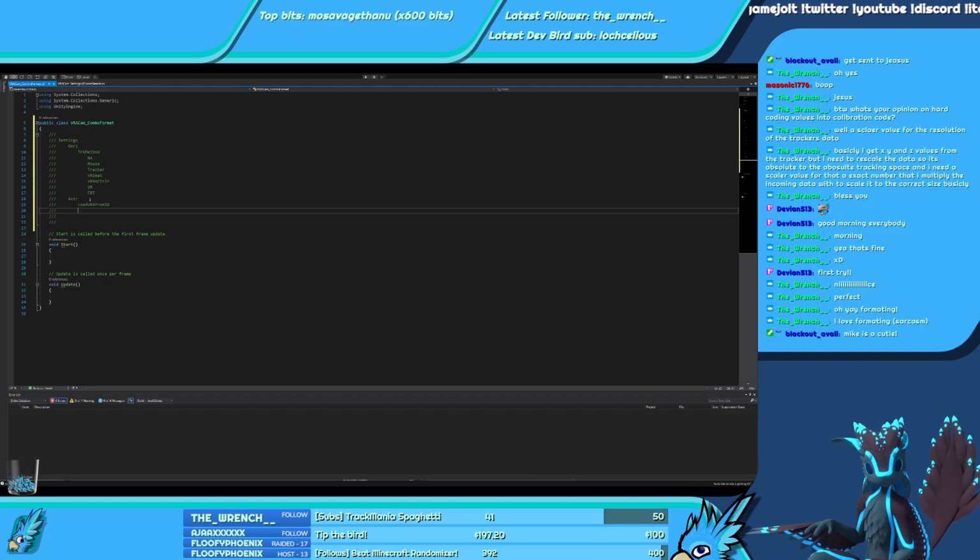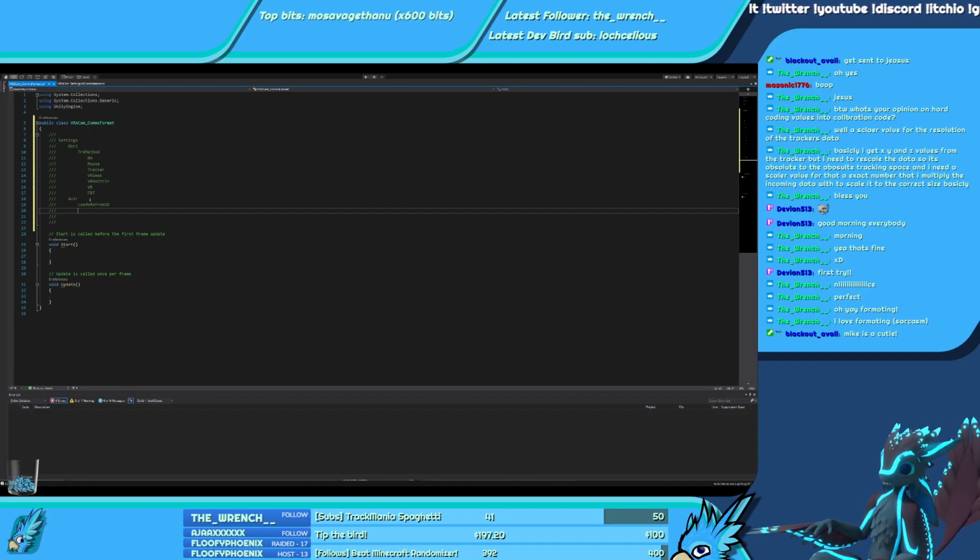So load VRM from ID. There we go, the laptop's back. Alright. So load VRM from ID, load VRM from path. And that would be pretty much it for now.